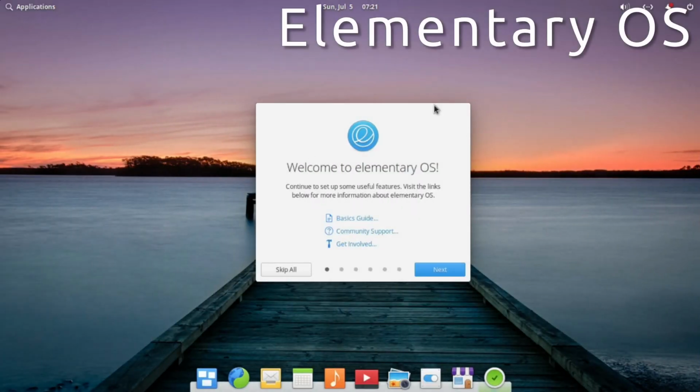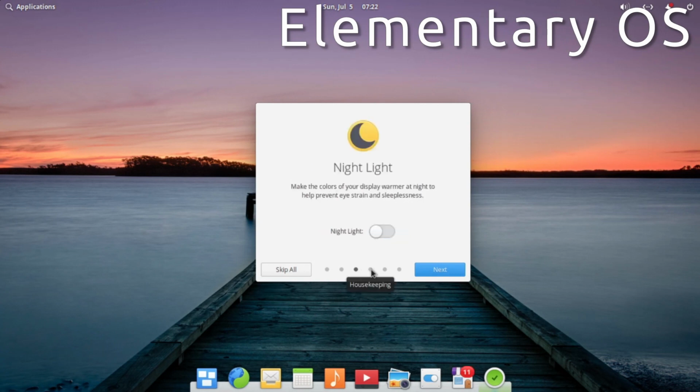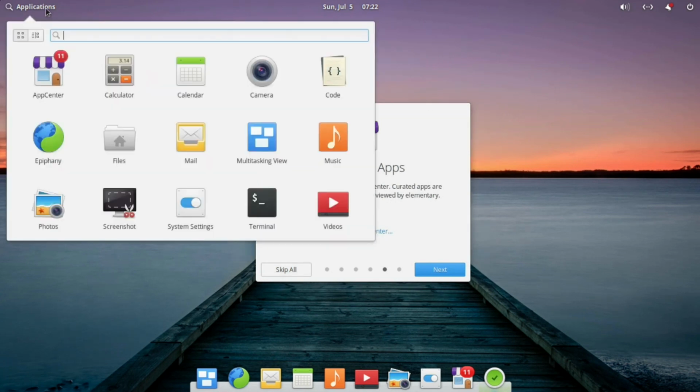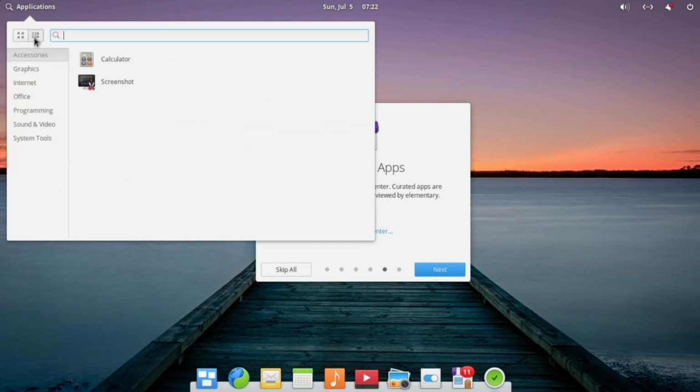Next up on our list is Elementary OS. Now, out of all of these flavors of Linux, Elementary OS is probably the most beautiful variant. When you first boot into Elementary OS, it feels kind of like you are rocking a Mac OS X interface, and everything is extremely clean, whether that be through the file menus. You can see here it has a larger icon. It's kind of like the GNOME look that you saw, but condensed down into a start menu. But don't worry, you can just click this right here, and it gets you to the categorized list of applications.